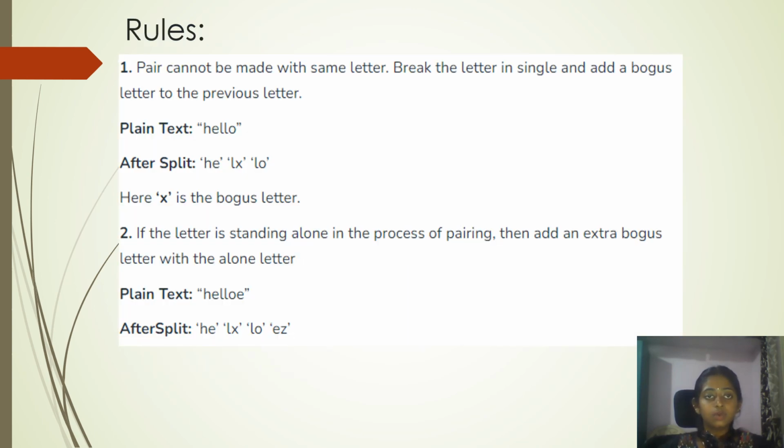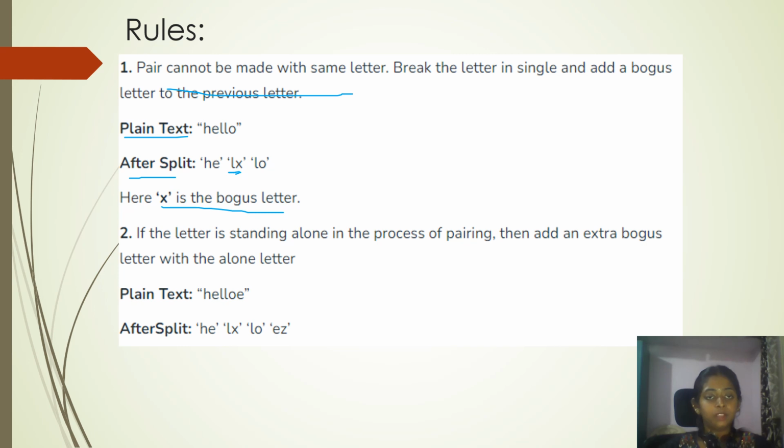So what are the rules that we are going to follow here? The first rule is a pair cannot be made with the same letter. Break the letters into singles and add a bogus letter to the previous letter. Suppose the plain text is hello. When we split it, we get HE, LL as pairs. So LL is the same. What we do is we replace it by a bogus letter called X, and then the L would be shifted with O. So here X is a bogus letter as I told. Then we would get, after splitting,